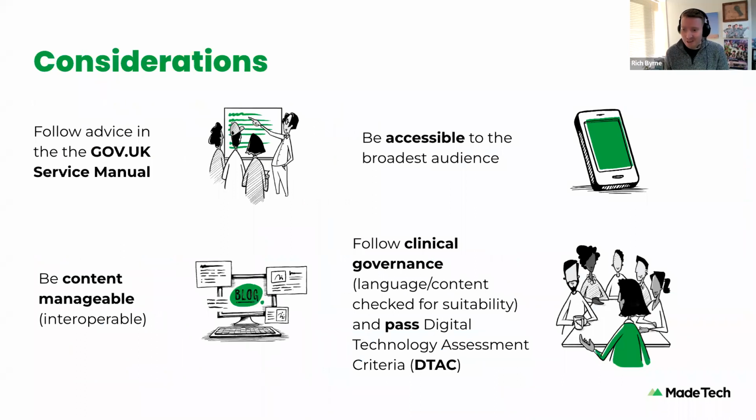So we had a bunch of considerations to follow throughout building this service over the 8 months. We primarily followed the advice to that end that's in the GovUK service manual. Some of you on this call will probably know what this is. If not, there are links on the other slides. The GovUK service manual is great, and there's also an NHS service manual as well, which really gives you a lot of information about certain design patterns to follow, the best user flow of a system. If you've ever been on a Gov website, you know they all have the same sort of look and feel,